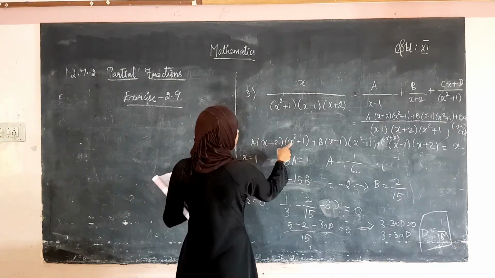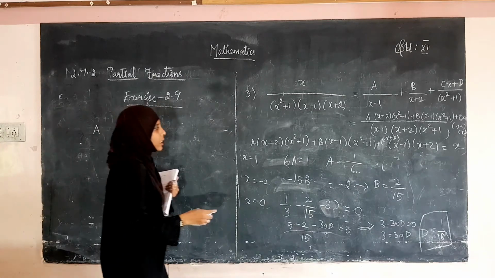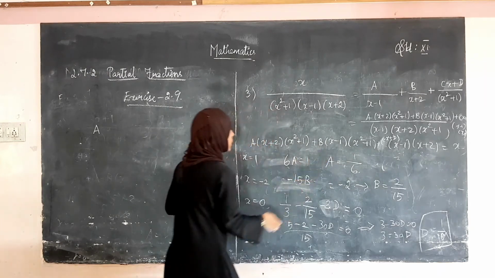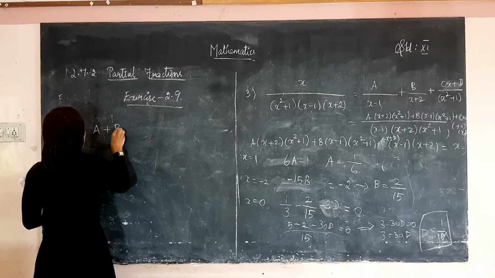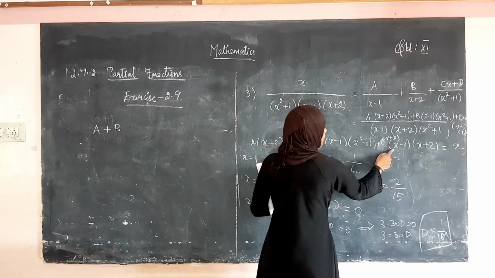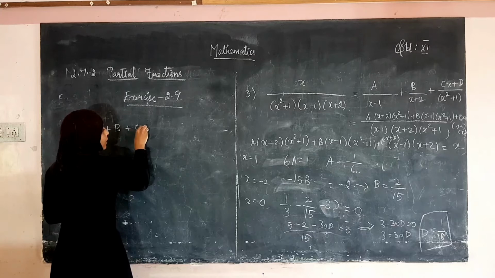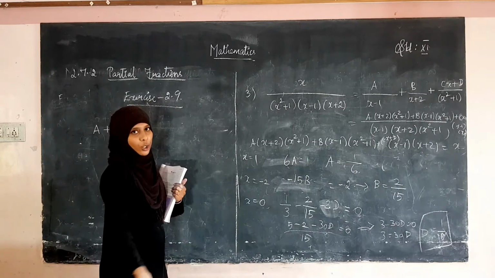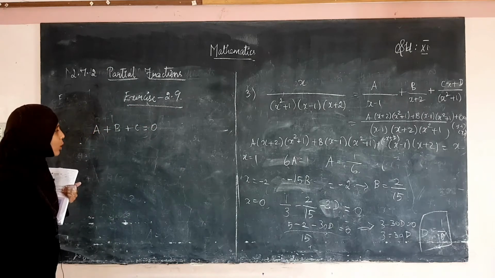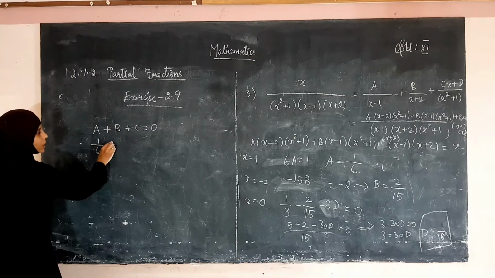A into x square is x cube. So, here it is a, and then in the next term x into x square, x into x is x cube. So, 1 into x cube into b, therefore, plus b, and in the next term, see here, x into x is x square into cx is c into x cube. So, the coefficient is plus c, which is equal to, in the right hand side we don't have x cube term, therefore, the coefficient of x cube here is 0. Now, we have to substitute the value of a and b. What is the value of a? a is 1 divided by 6. What is the value of b?